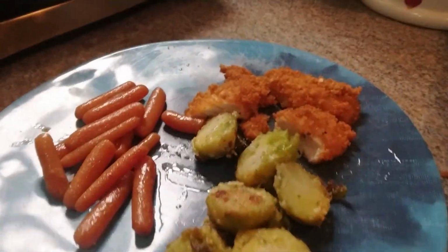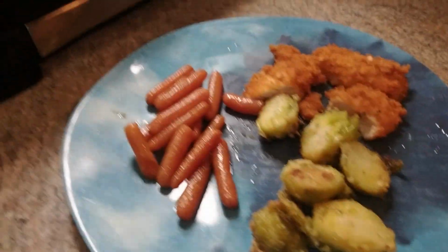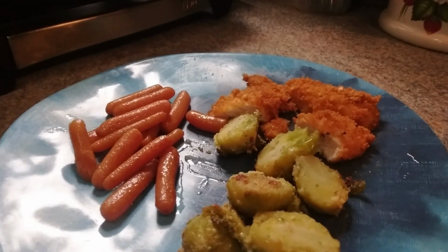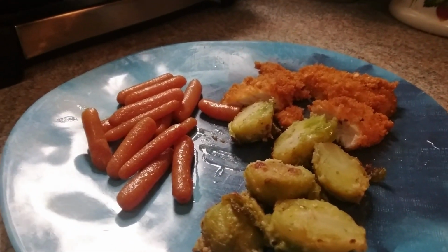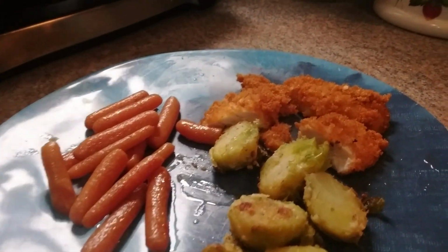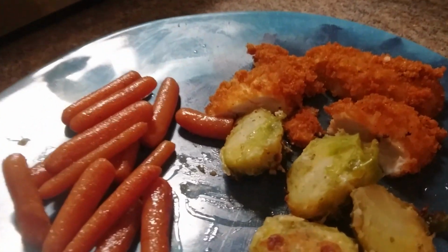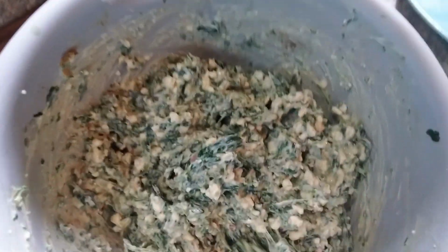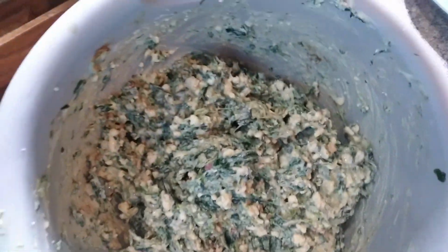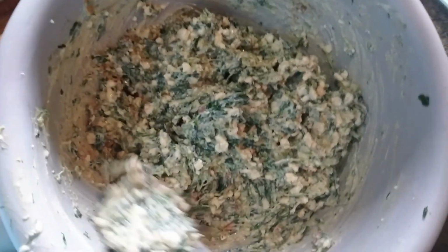Alright, here's something else that we made earlier. This is not normal food for supper, but I made spinach dip. But I made a high protein version of it. I did 1 cup of plain yogurt, 1 cup of regular fat cottage cheese,